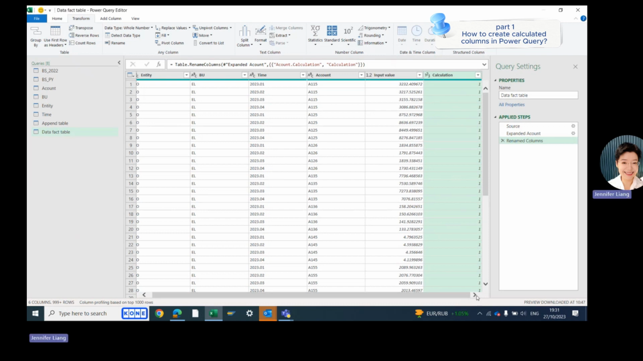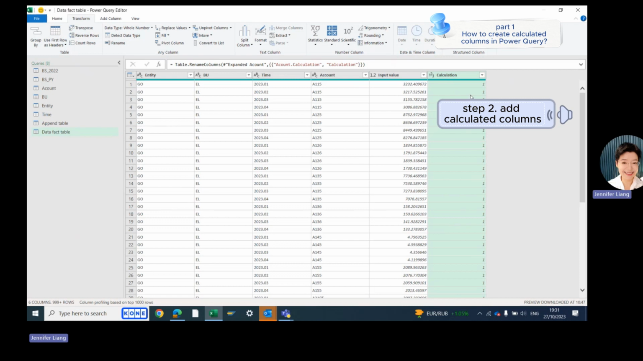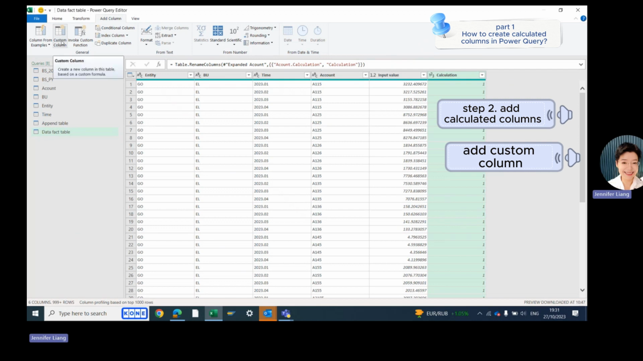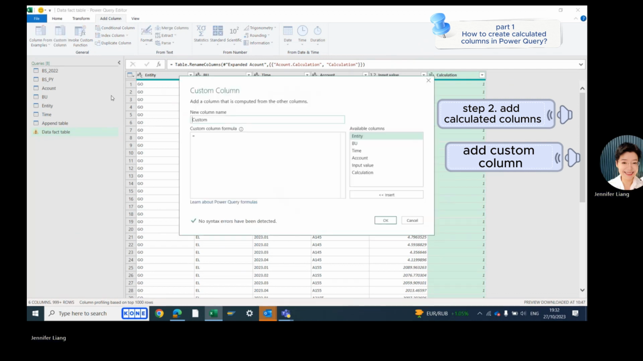Now we can move on to add the calculated column into this new table. How do we do that? Add column. Again, there are a few options to add a column. In this case, I will use custom column. Give it a name, value. What we are going to do is to use the input value